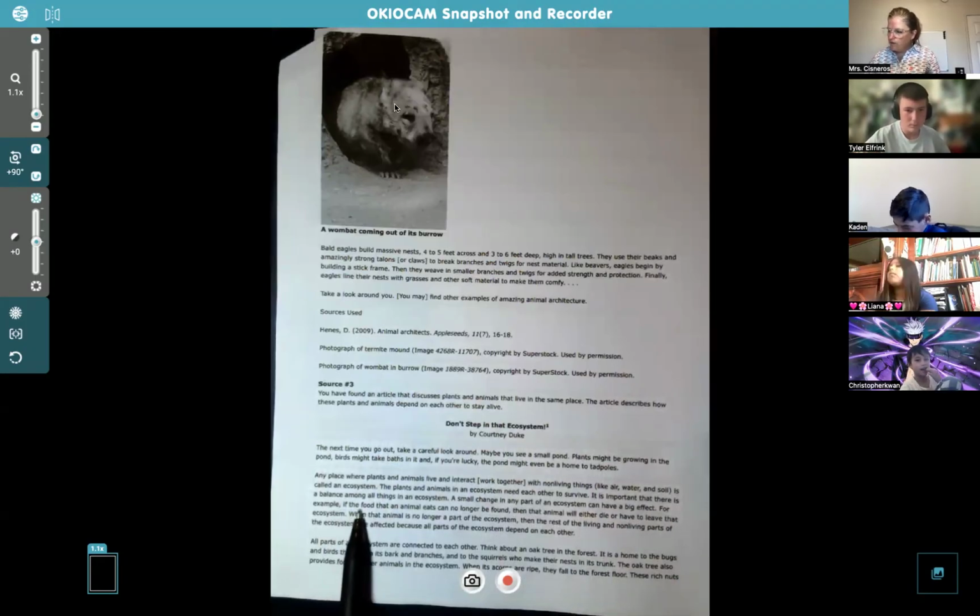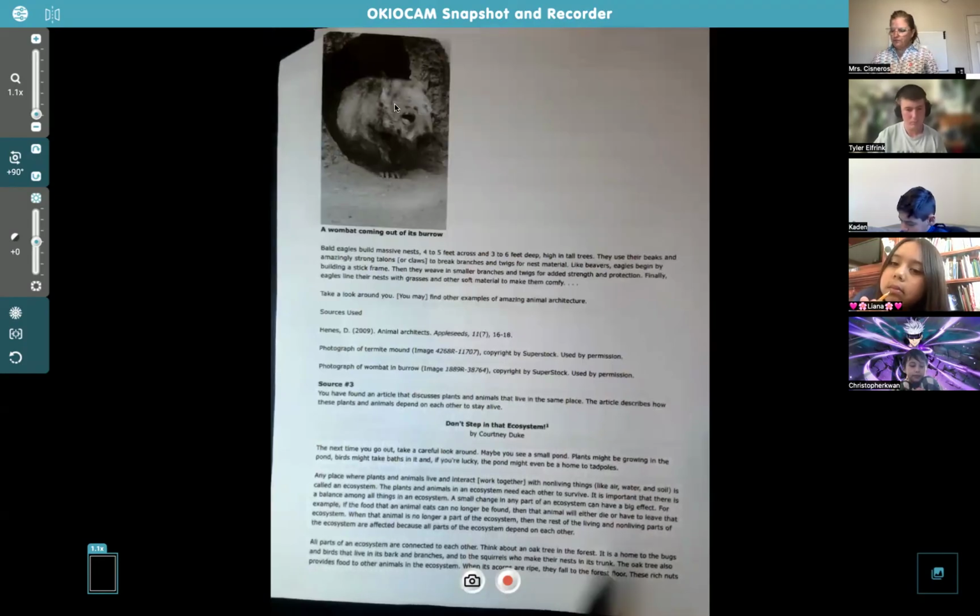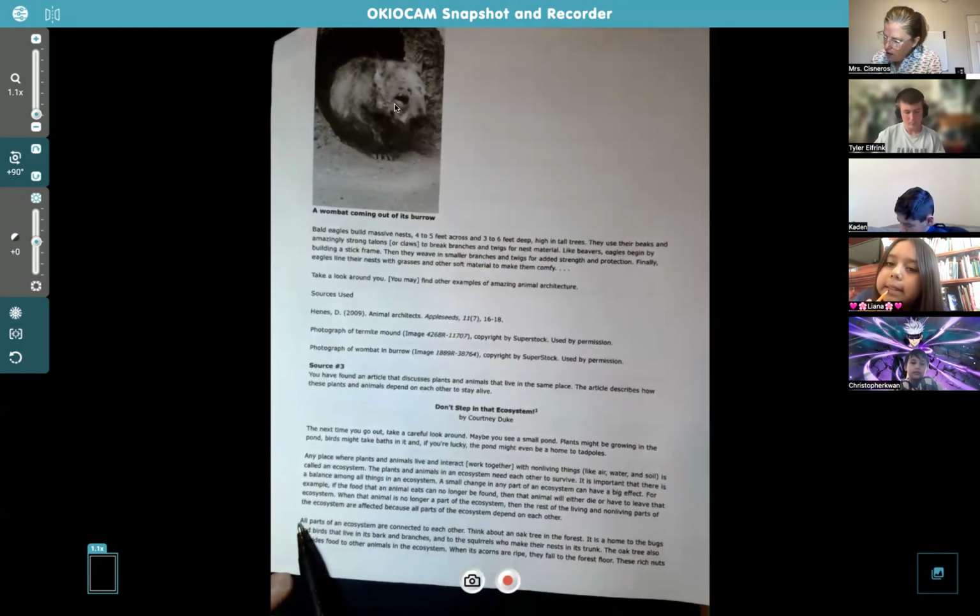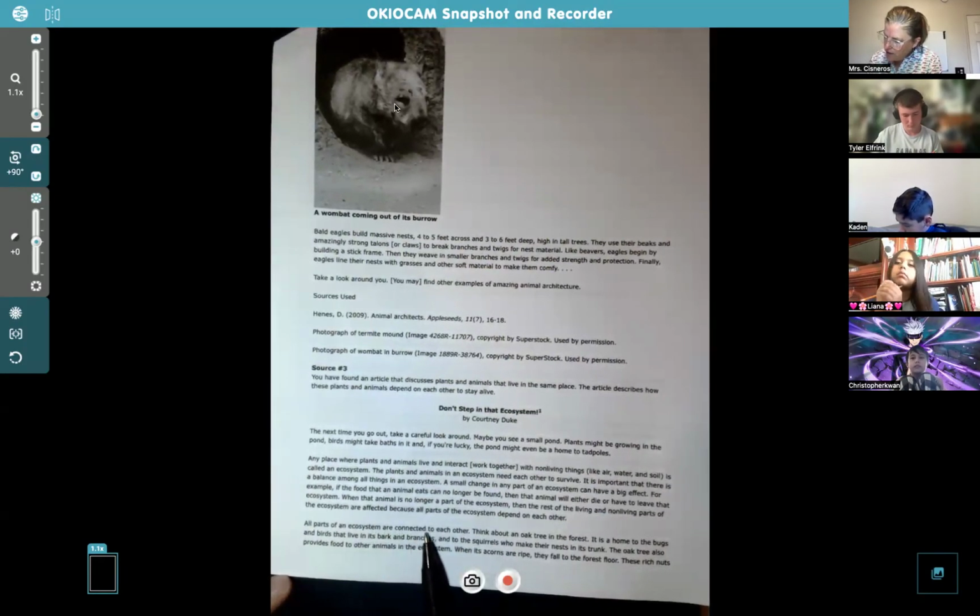For example, if the food that an animal eats can no longer be found, then that animal will either die or have to leave that ecosystem. When the animal is no longer a part of the ecosystem, then the rest of the living and non-living parts of the ecosystem are affected because all parts of the ecosystem depend on each other. All parts of the ecosystem are connected to each other.